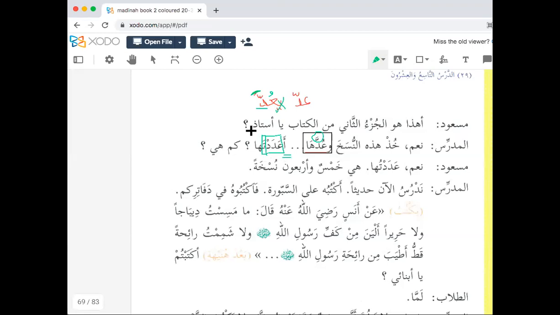Because of this ta, this damir muttasil, it caused the verb to separate and show its letters each separately. Have you counted them? Kam hiya, how many are there? Mas'ud responded and said,